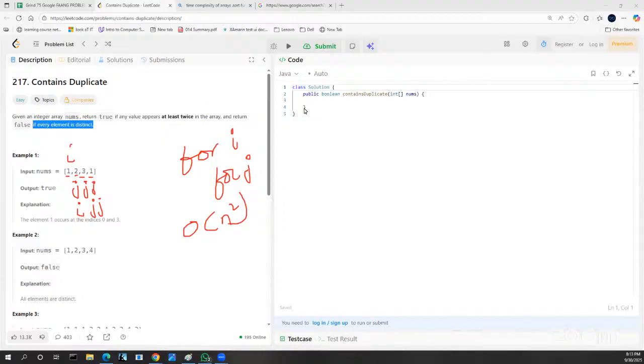We can do that. It's very easy. All you do is create the same structure I showed you in the two-sum problem, and the only thing you check for is whether the current element at j is equal to the element at i. If j reaches the end of the array,